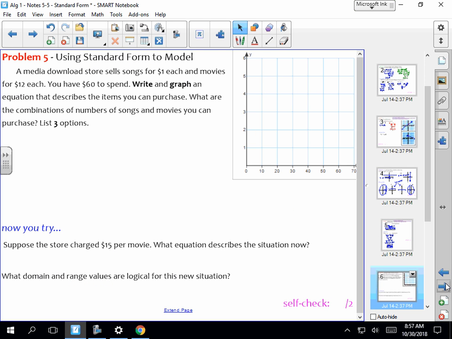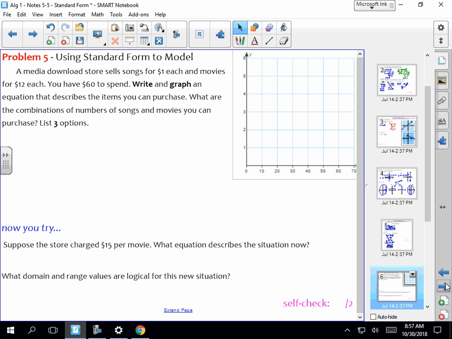Last one on here. This is one where the x and y intercepts would be important, like end points of the graph. This line would be an example of one that you wouldn't put arrows on. It doesn't keep going. It's just a line segment that you could connect across here. As a matter of fact,